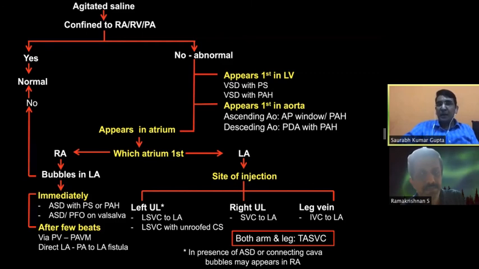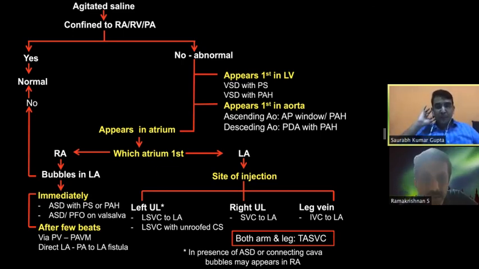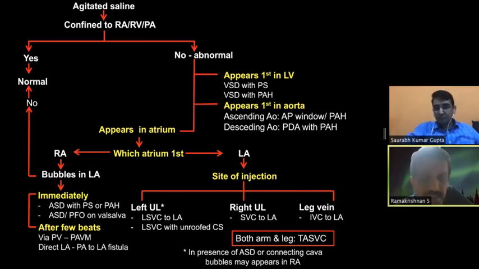But if you are not suspecting a left arm problem, then you may do it from the right arm. But in a patient who doesn't have a left SVC, which you can see easily by 2D or color Doppler echocardiogram, doing the left arm also gives equally good information about the right SVC. So that is another reason why left arm injection may be useful in almost all cases. Lower limb injection, I have generally done only when there is a serious doubt about right to left shunt, but not otherwise. One of the last questions that have come is, can saline contrast echocardiography be lethal at any time?